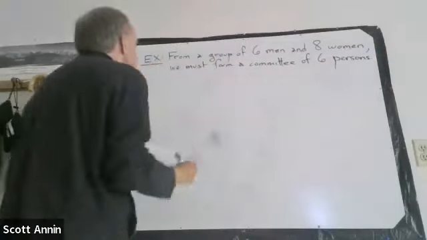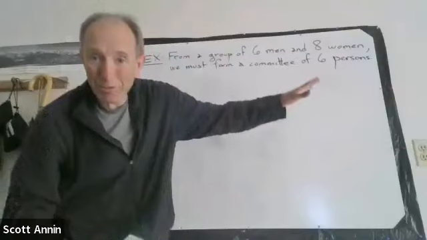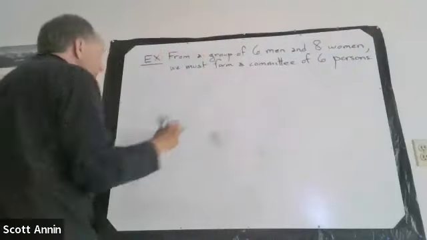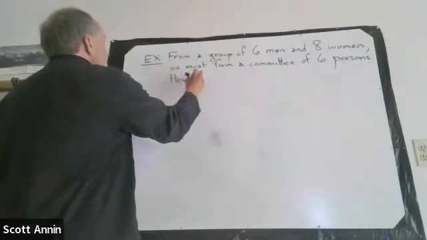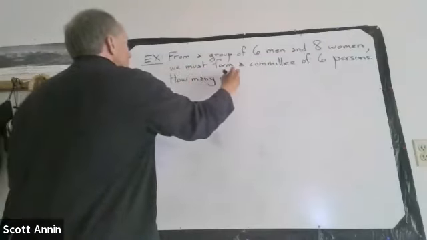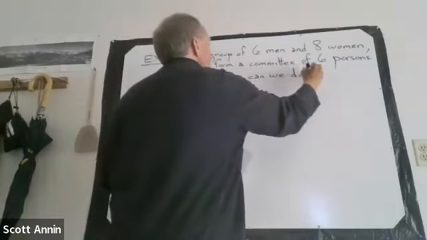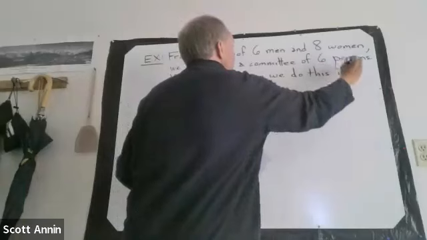Okay. We're going to make committees of 6 people from among the 14 people that we have at large here. So here's the question. How many ways can we do this if